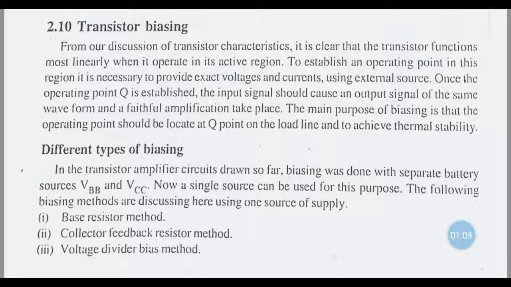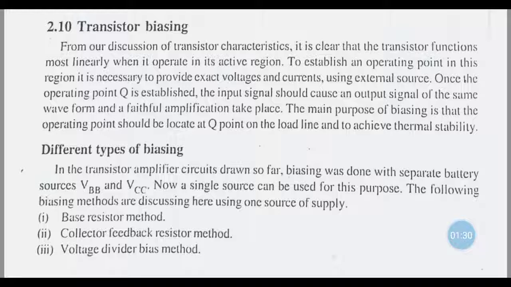The stability factor, you can express it in terms of IB and IC as in the equation we have already discussed: S is equal to (beta plus 1) divided by (1 minus beta into dIB by dIC). So if the stability factor is low, then the circuit is a good one. So we have to design circuits which give us a stability factor as low as possible.